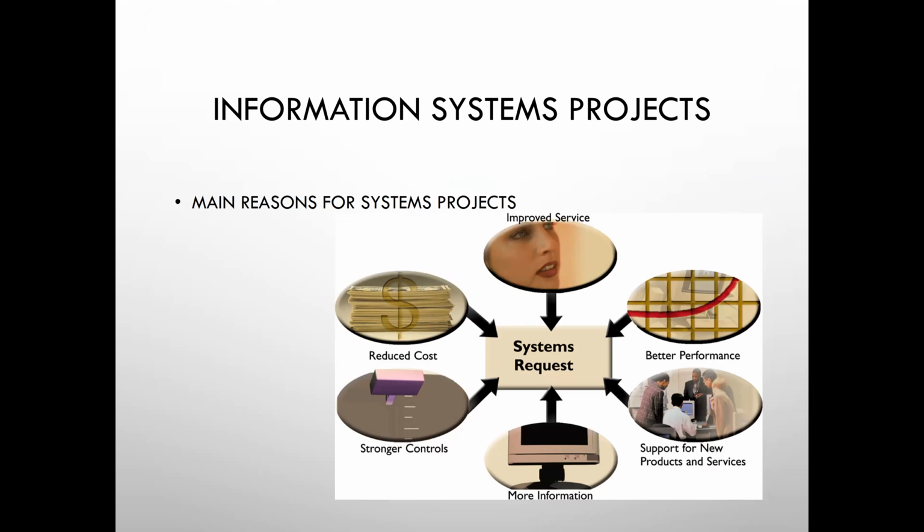If they would like to have improved service, for example, the old system was paper-based. When the customer made a phone call, they had to open up the booklet and see the information of that customer, and then find the solution for that customer. So it might waste a lot of time, and customers complain a lot because they have to wait on the phone for a long time. So if the company would like to have improved service, they may need an information system, and then the information system project must be set up.